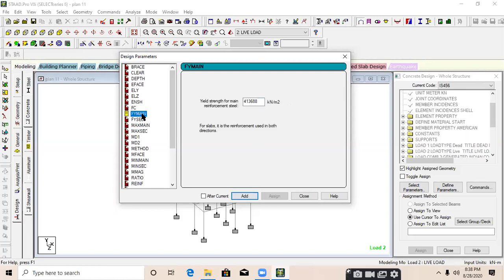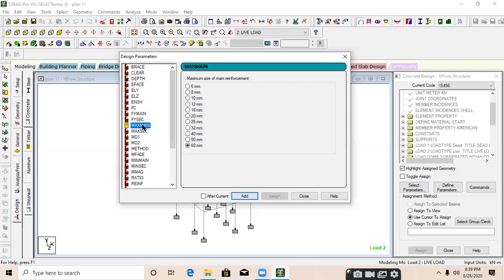Add Fy main, which is the yield strength of the main reinforcement. I am providing 415,000. Fy secondary is also 415,000 kilonewton per meter square. Suppose you want to select a maximum bar size, go to the maximum main and select.